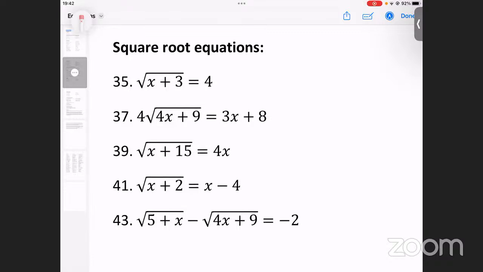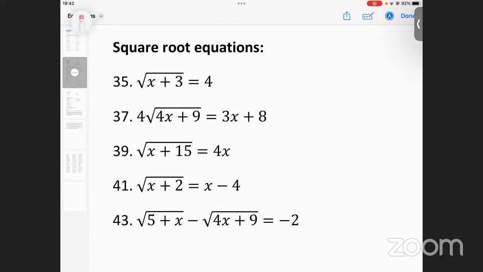So you say we have to do 35, right? Am I correct? Yes. So what we need to do first, in order to get rid of the square root, is square both sides, because what we do on one side, we need to do on the other side. That will cancel out the root sign and leave us with x plus 3 equals 4 to the power of 2, which is 16. Then that 3, you transpose it to the other side, which means x equals 16 minus 3, equals 13. Okay.